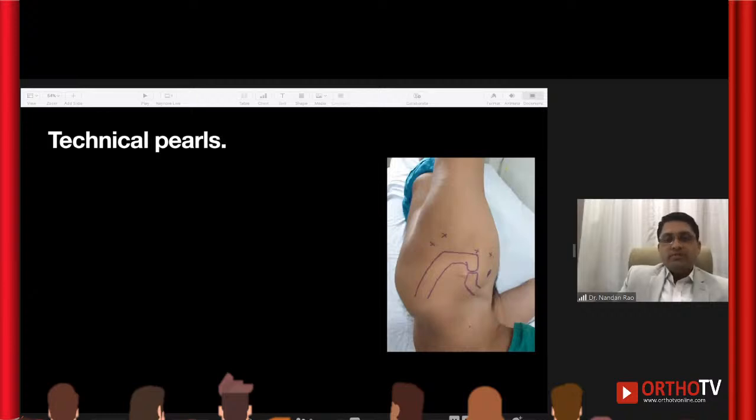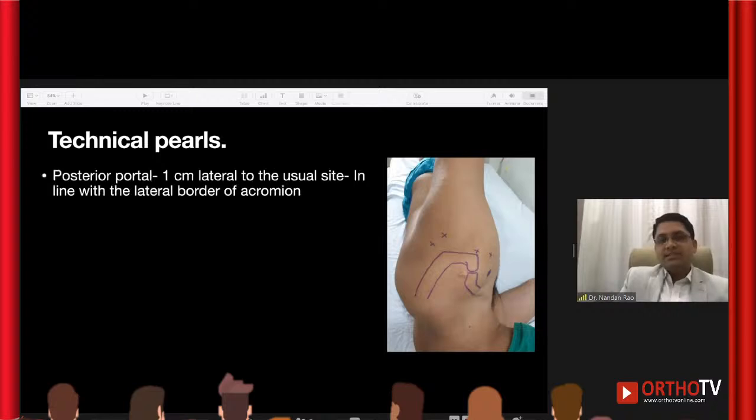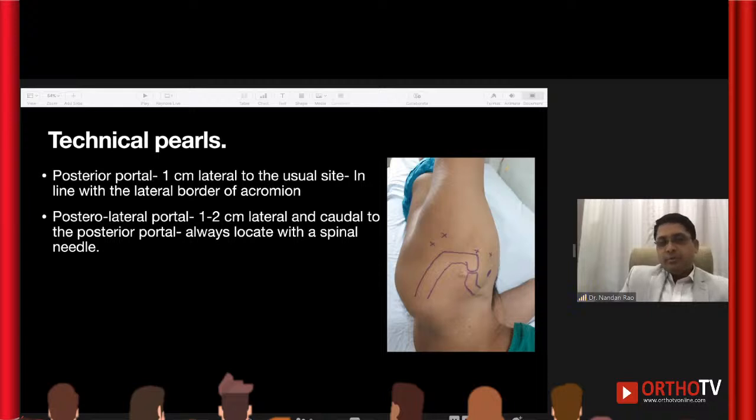Some technical pearls while doing posterior instability: I usually operate in the lateral position. The posterior portal is 1 centimeter lateral to the usual site, in line with the lateral border of the acromion. This is to facilitate a vertical trajectory towards the posterior glenoid. You might have to make a posterolateral portal, which is again 1 to 2 centimeters lateral and caudal to the